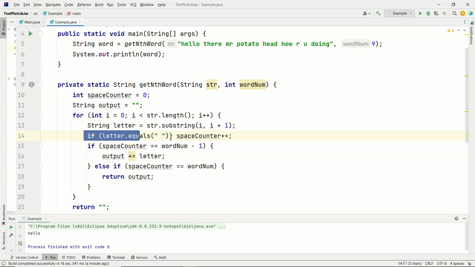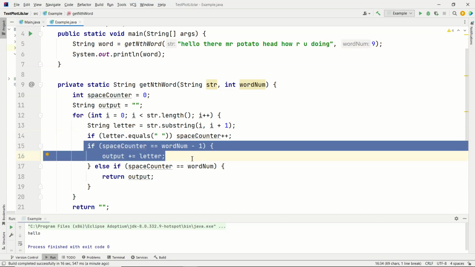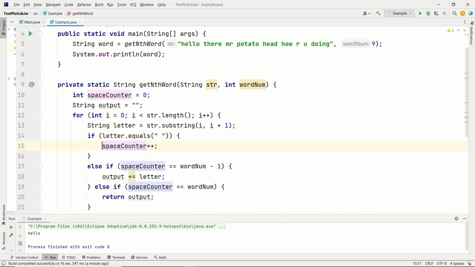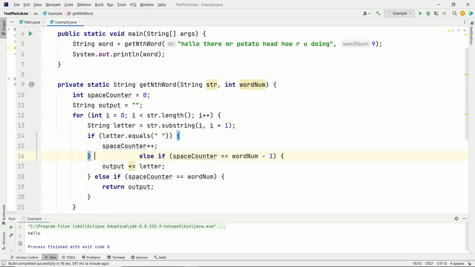one thing I'm noticing is that as soon as it's 8, I'm immediately going to add in the letter. But the letter that I'm on right now is space. And I don't necessarily want to add a space to the beginning of my thing. So I'm going to make this an else if. And the reason why I want to make it an else if is